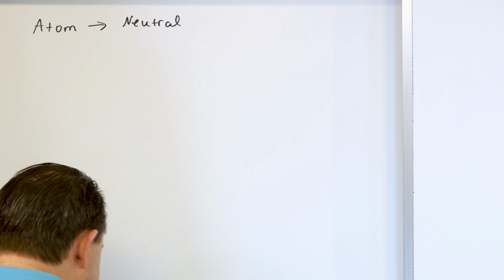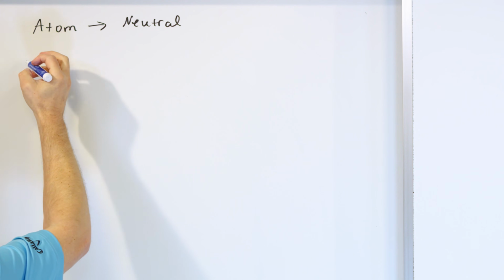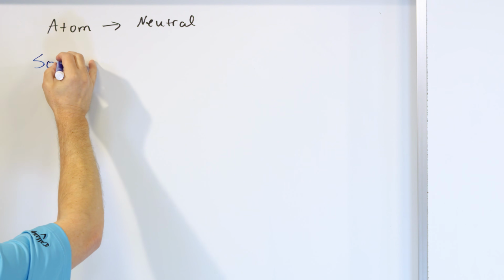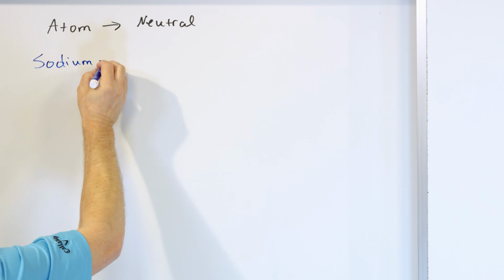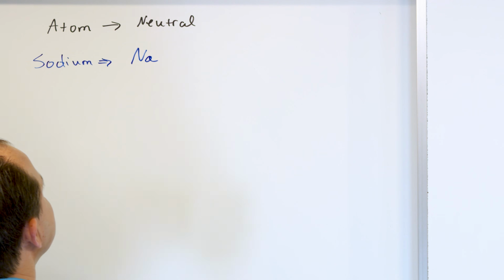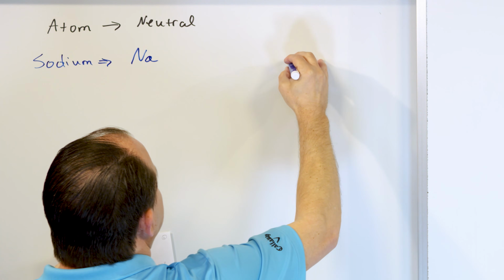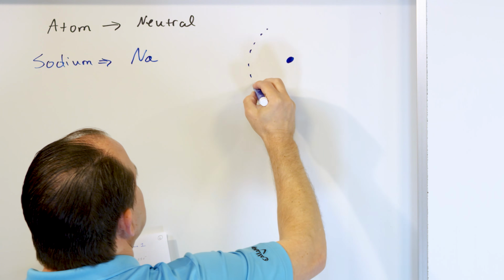So let's take a concrete example of that. I could pick any element on the periodic table, but let's talk about sodium. And sodium has a symbol Na, which we've looked at many times. So basically a sodium atom consists of a nucleus, I'll draw it as one big giant dot, and an electron